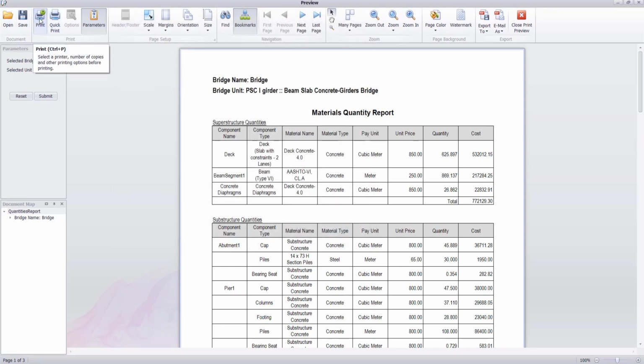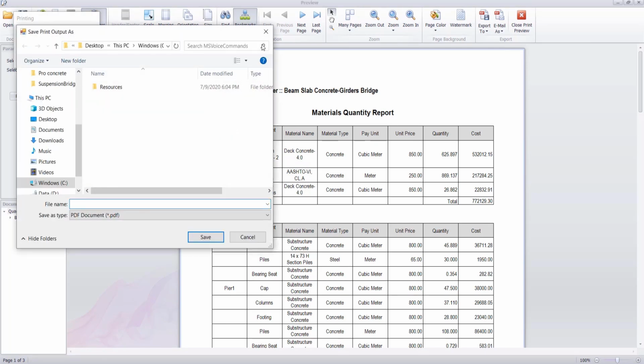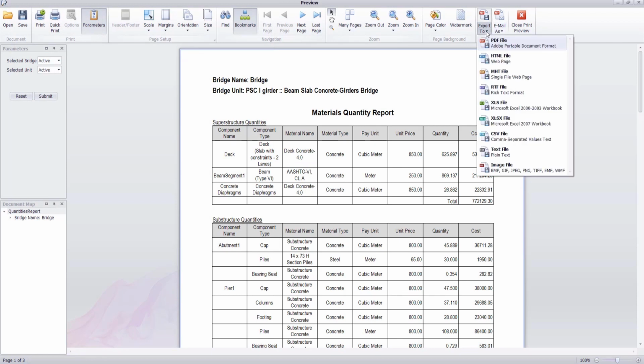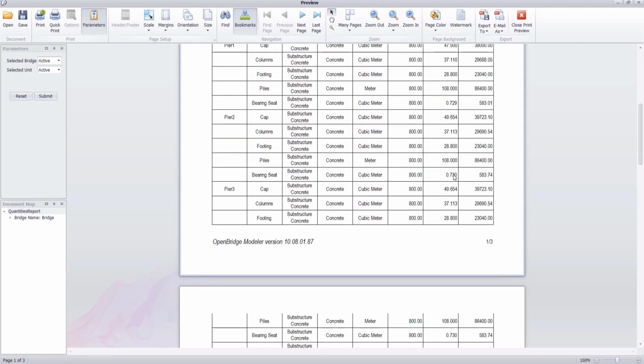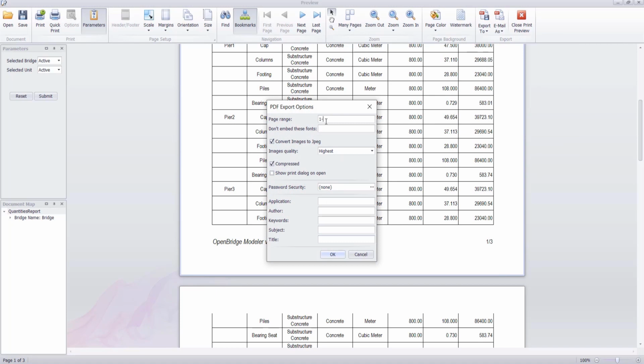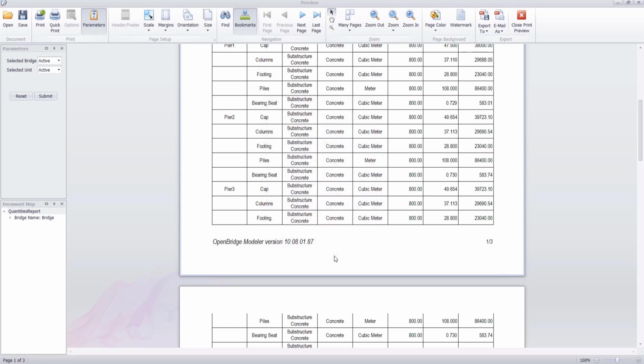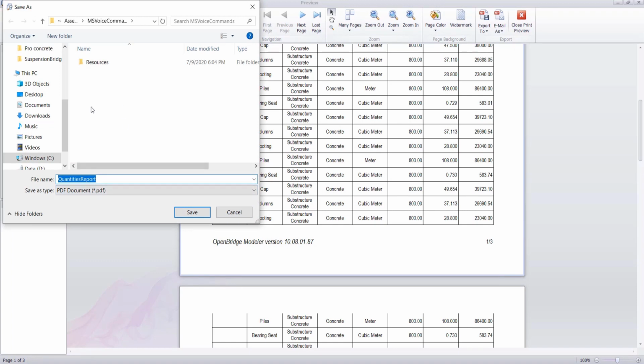So you can see that these are the formats where you can save, but there is another option that is export to PDF, right? So we will use that export to PDF option to save this report, right? Yes, through this PDF file. Okay. So you give the desired page range. This report is for 3 pages. So we'll give the page range 1 to 3, right? And then you save it to your folder. So that's what we are doing here. You can see that we are saving it to our folder, right?